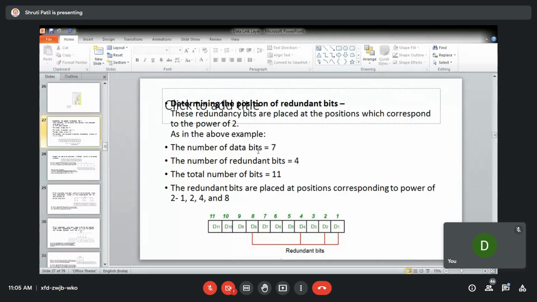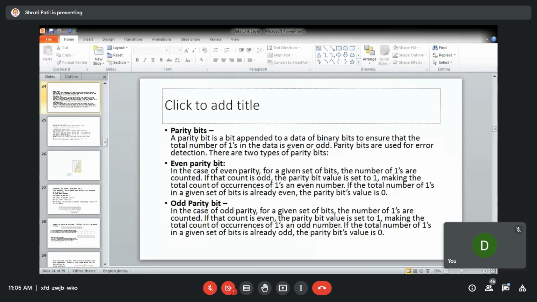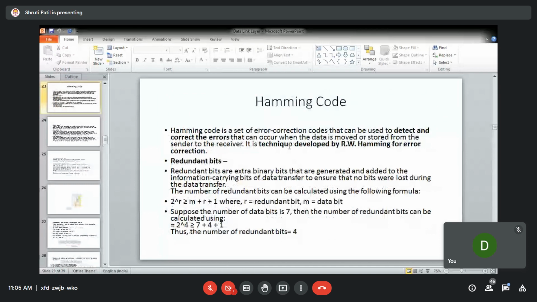Okay, I'll explain the thing again. See, suppose you are having 7 data bits. So have you understood how to calculate the number of redundant bits?